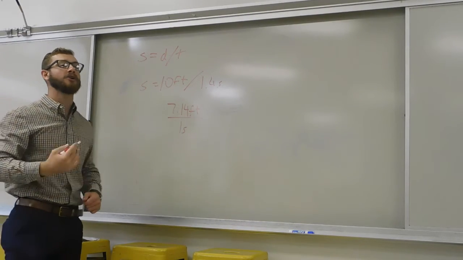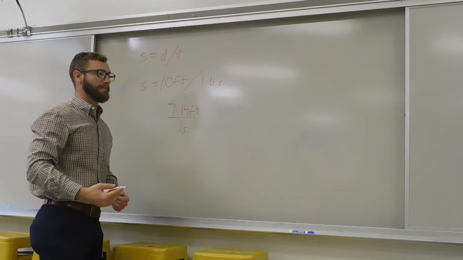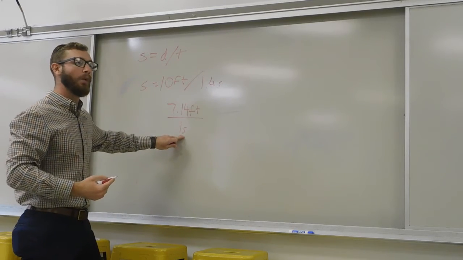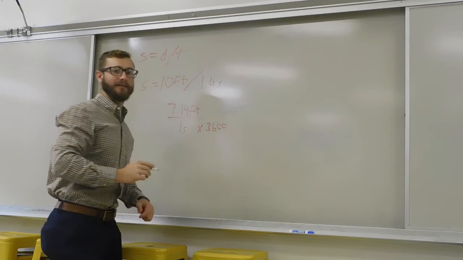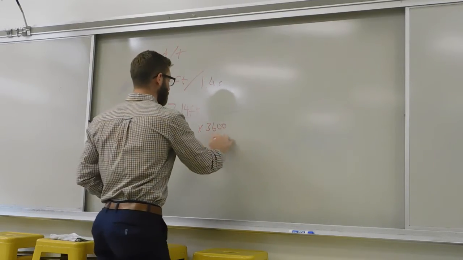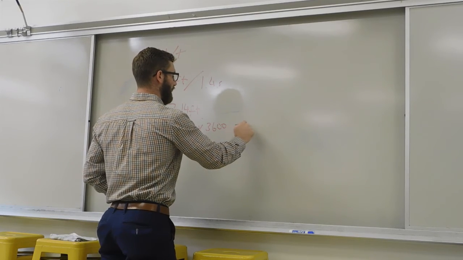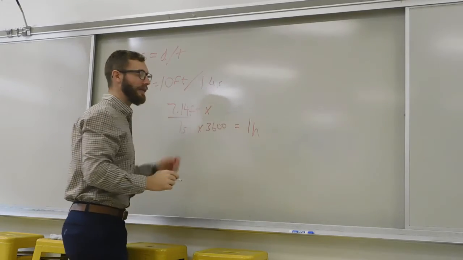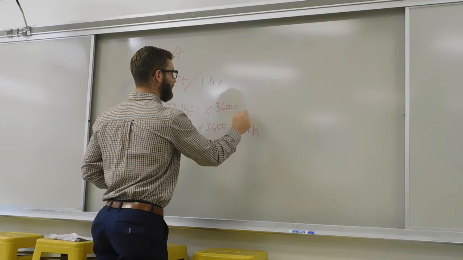Now, this is where conversions come into play. We're going to want to convert this into miles per hour. Okay? So, first we have to ask how many seconds are in 1 hour. There are 3,600 seconds in 1 hour. So 1 times 3,600, and that gives us 1 hour. We now have to multiply the top by 3,600 as well, and that gives us